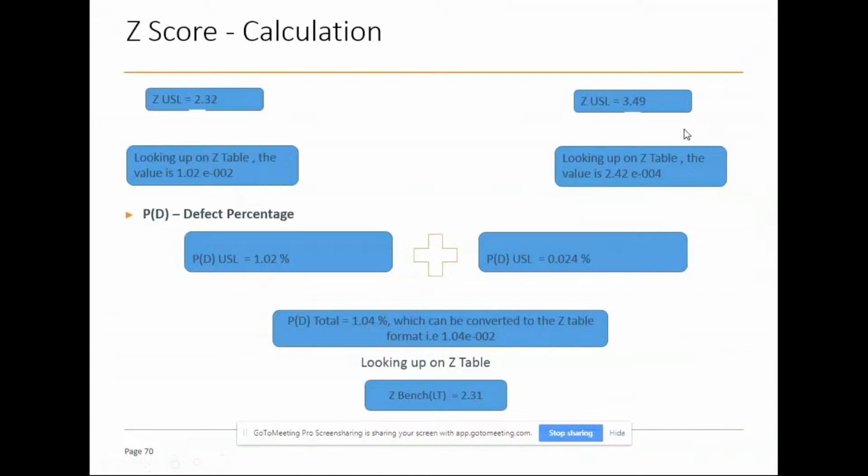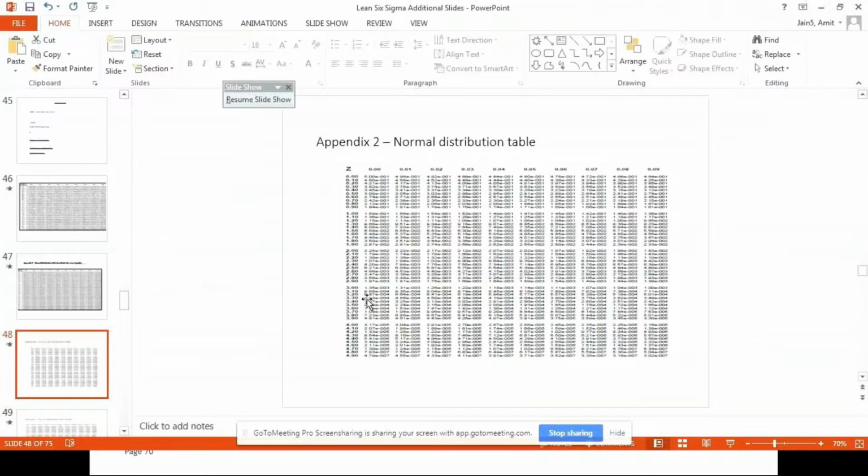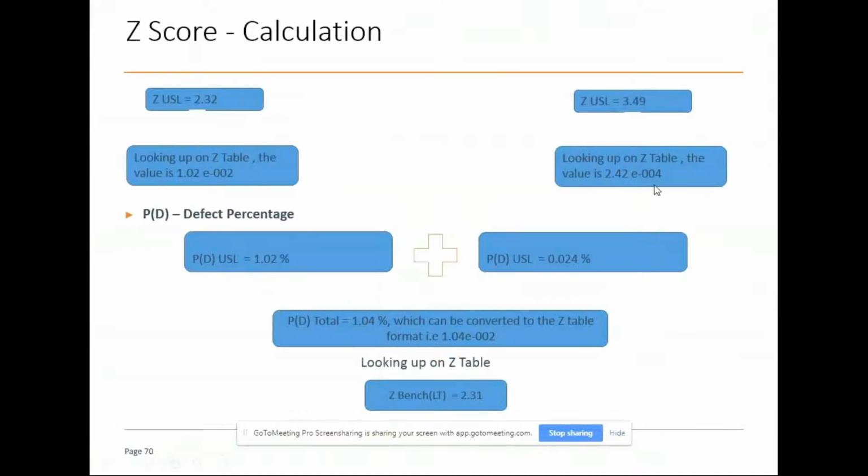So this is what we got. And when we look up 3.49, so 3 is right here, 3.4 is right here, 9 would be exactly at the end. It is 2.42 E exponential 004. This is the one right here. So in a way,